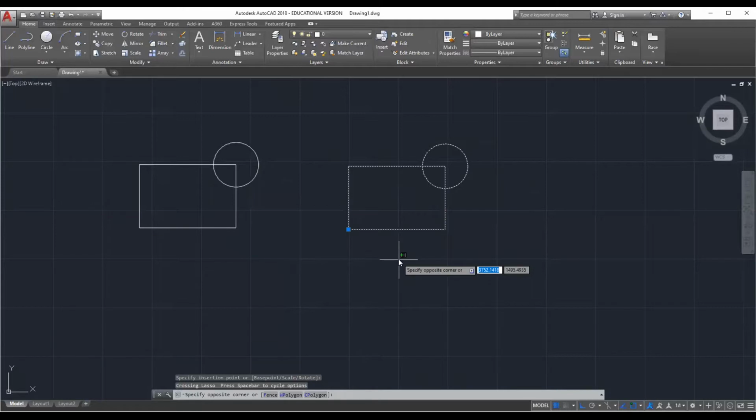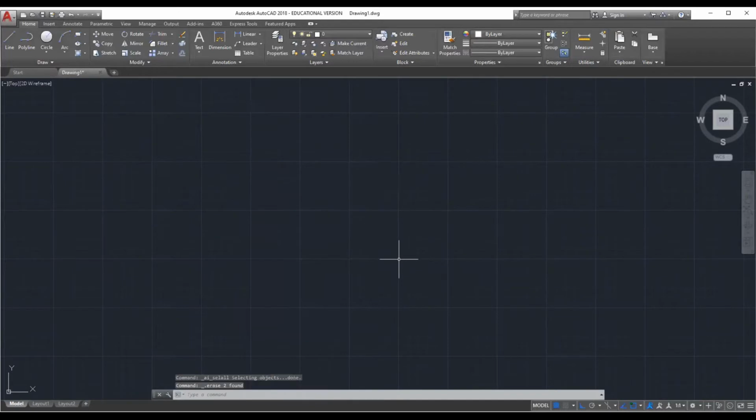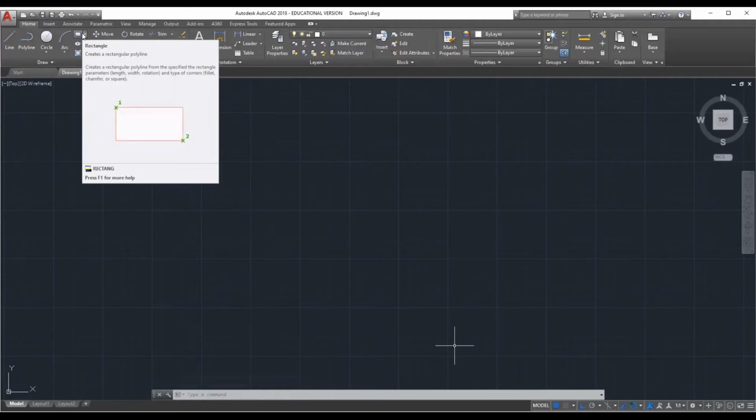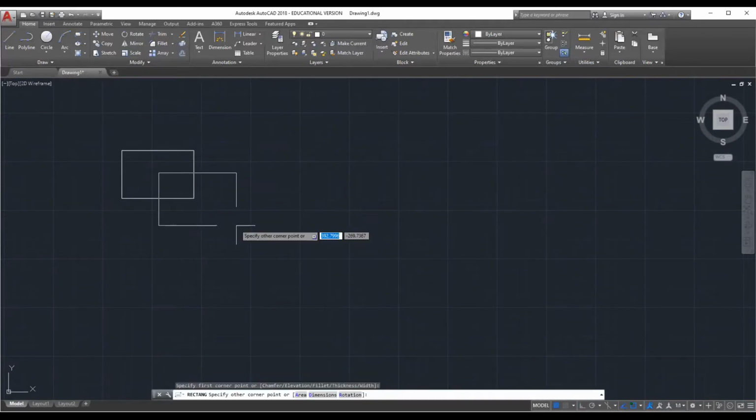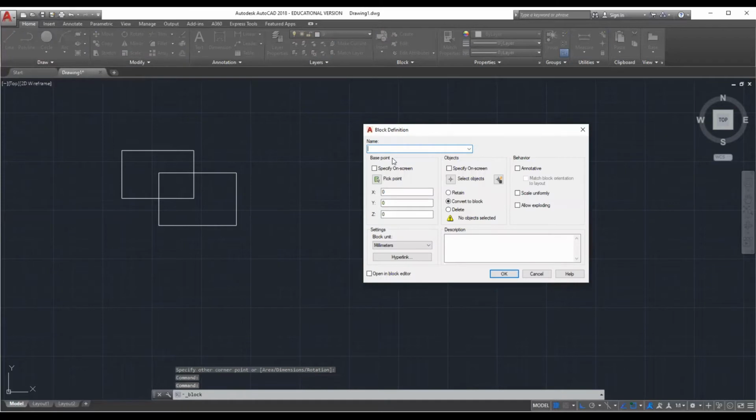Next, we'll check the second radio button. I'll draw one more diagram. Create a block. Give the name of this block B. Pick a point somewhere else on the screen.